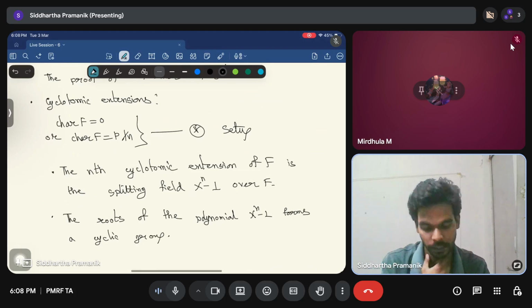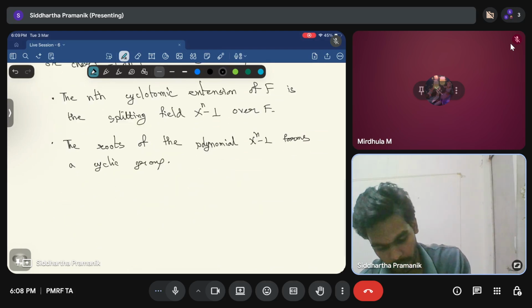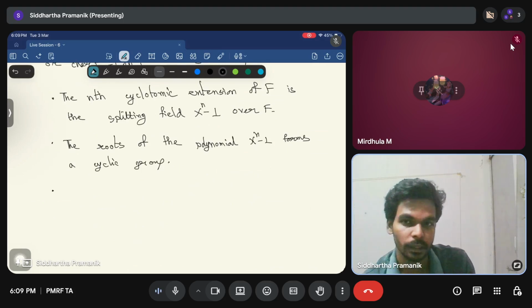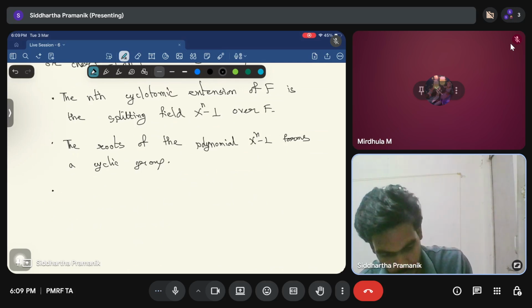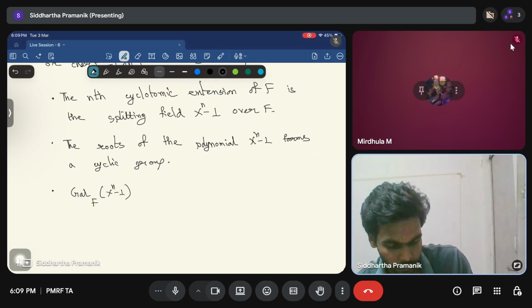And using these facts we have proved that the Galois group of the nth cyclotomic extension is an abelian group. Basically we have proved that the Galois group of x to the power n minus 1 over the base field F